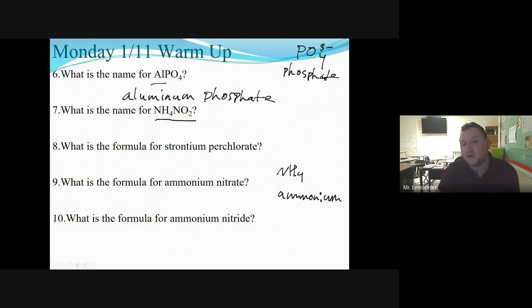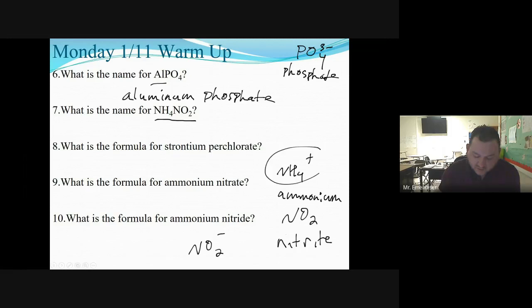This is one of those weird compounds where the metal and the nonmetal places are both ions from our ion list. So NH4 is ammonium, NO2 is the nitrite, if you look at your list. So NO2 with the -1, and ammonium is NH4 with the +1. So that's ammonium, that's nitrite, and so that's what I'm going to write. Ammonium,